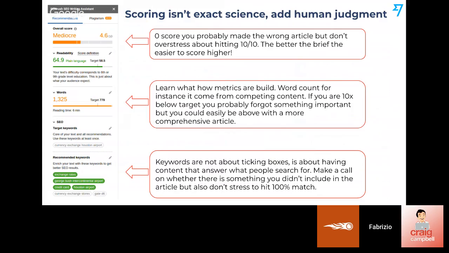The tool is going to be as good as your input when it comes to the brief, but also the scoring. You need to understand the nature of the scoring. There was a good question in the thread earlier about how SEMrush calculates the ideal word count, or things like that. That's really important, and I encourage you to ask the customer support team, because then you really understand how you're going to use this metric. For instance, on the word count, in this particular case we go above the word count suggested by looking at the 10 competing sites in that space. But it could just be the case that we wrote a better article.